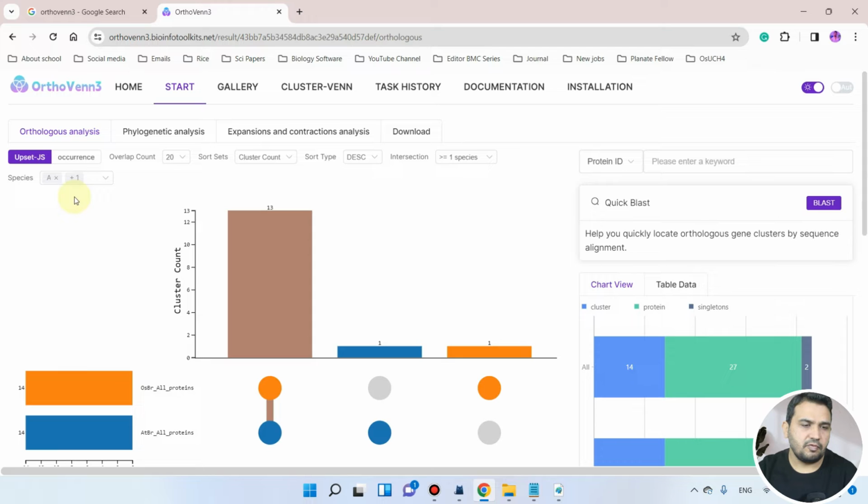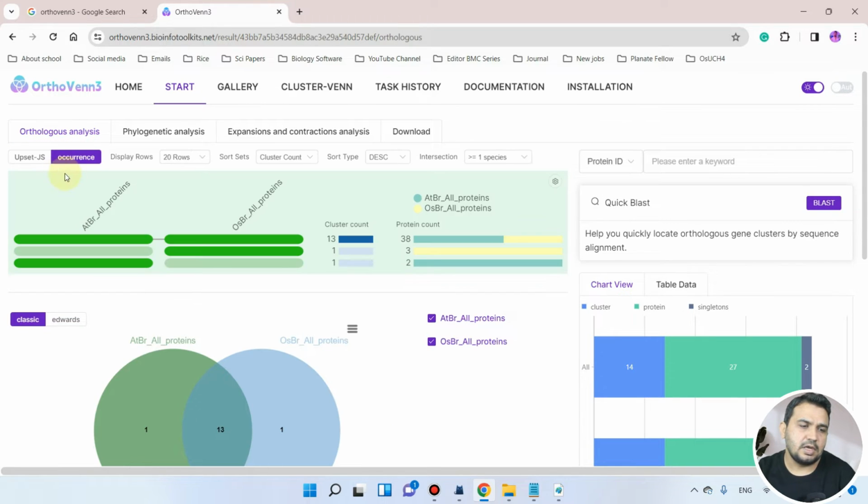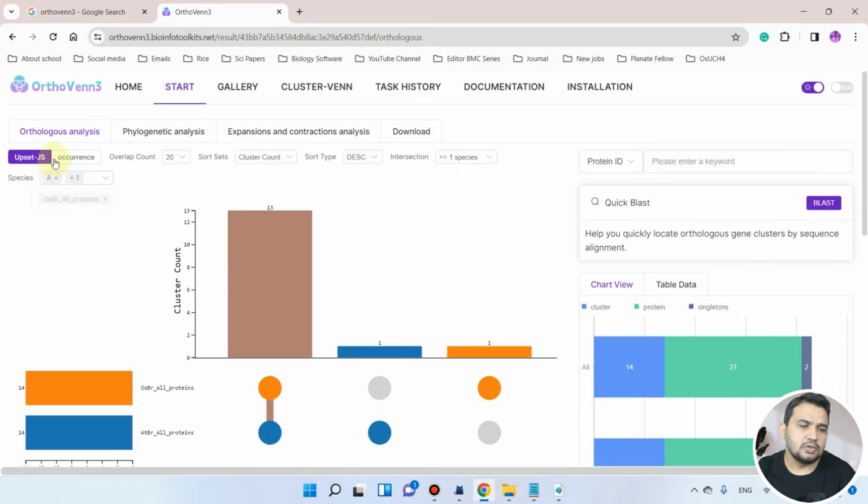Here you can see we are done with our orthologous analysis. In the orthologous analysis there are actually two methods. One is occurrence based, and one is this one. You can choose either one; both results are the same. Here you can see there are 13 clusters for our first file, Arabidopsis all proteins intersection rice all proteins.